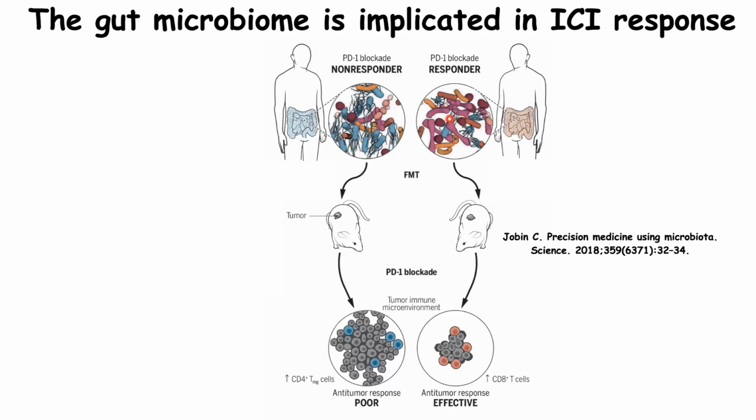To look at whether this is functional, they transferred this microbiome into a mouse that has the same type of tumor implanted, and then treated it with the same drug as the patient, the PD-1 blockade. And what they observed is that if a mouse has a microbiome from a human responder, it kills the tumors better, and this is associated with increased anti-tumor CD8 positive T cells. And the mouse that has feces from a non-responder patient has increased T regulatory cells, which decrease inflammation and give a poor anti-tumor response.